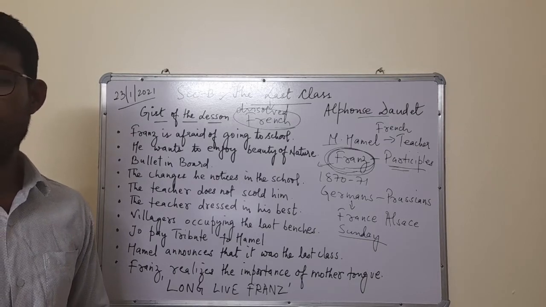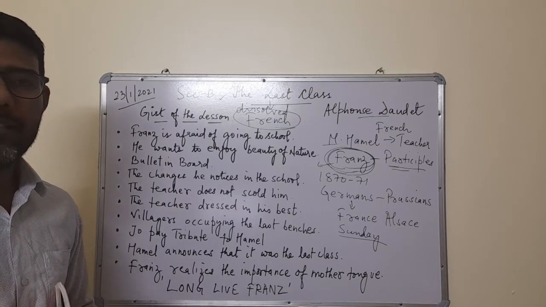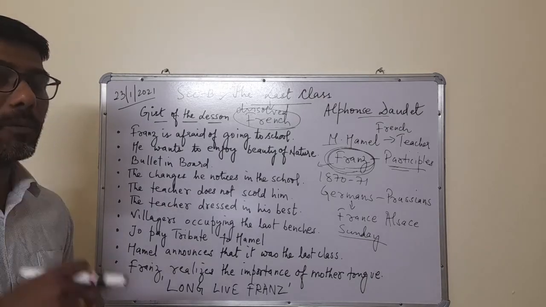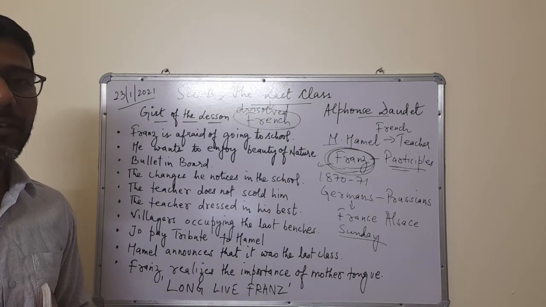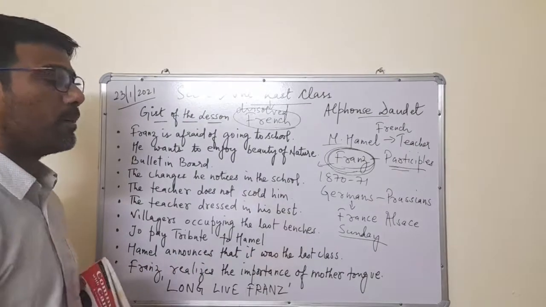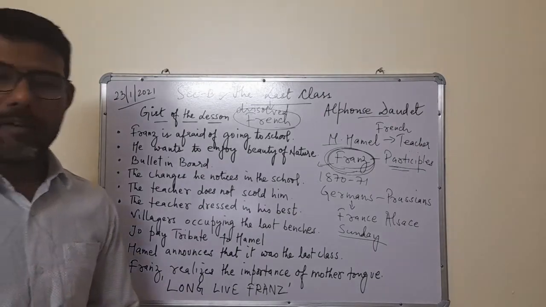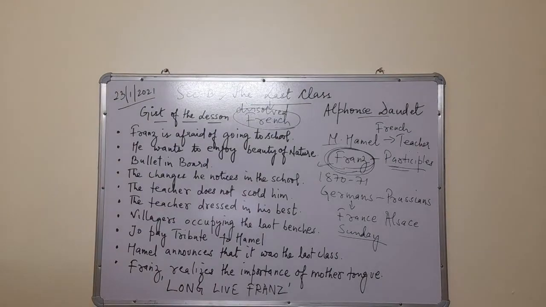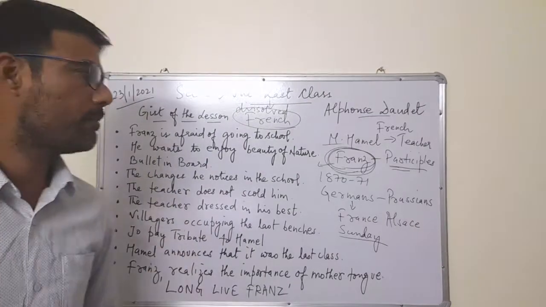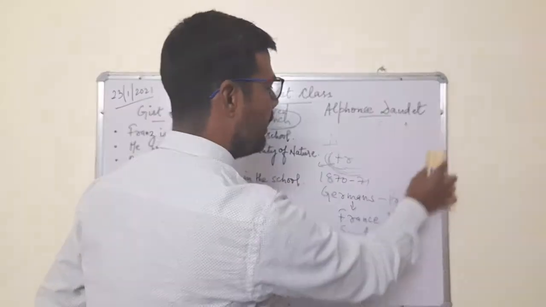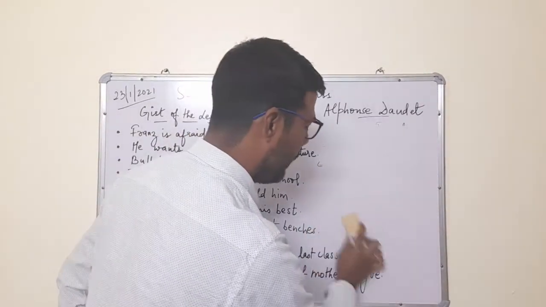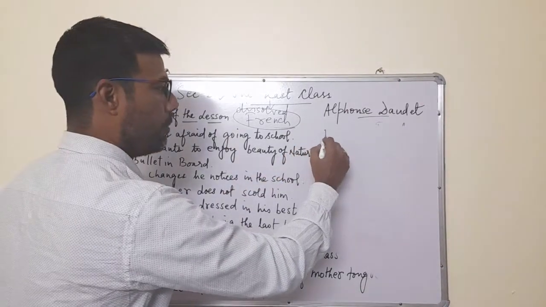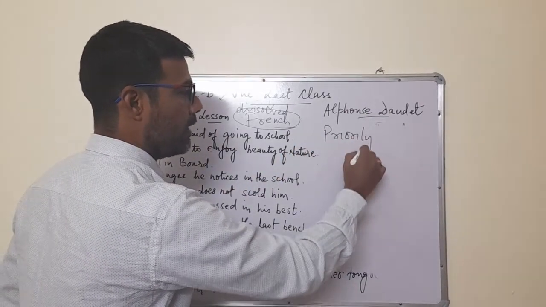He realizes that he had never given attention, he had never understood French, and what was written on the board, that also he could not read. So he felt very bad, and then he realized the importance of mother tongue. Now, if we talk about the chapter, the most important thing comes here. What is the theme and message of this story? Now, the theme and message is quite clear, that one should always give priority and importance